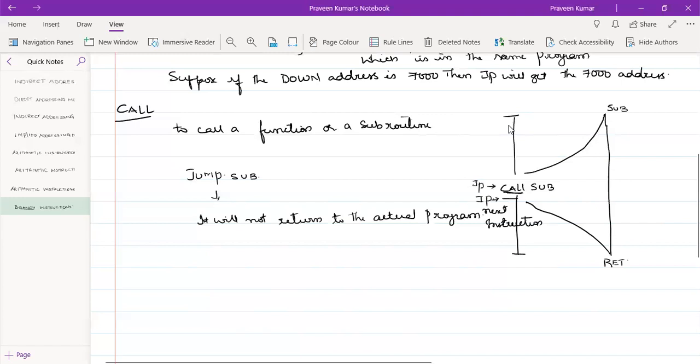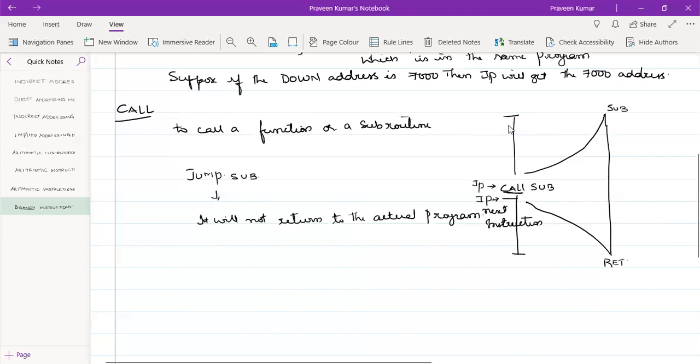After this, the subroutine will be called, and the subroutine will be executed in this sequential manner. And we already know that whereas a call statement will get back to the original program, but not to the same IP address, but to the IP address of the next instruction.